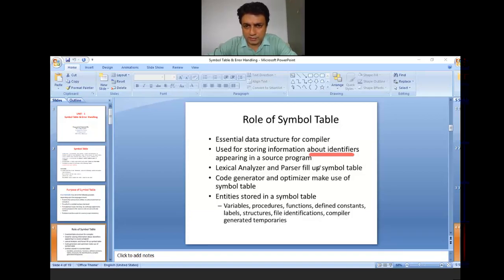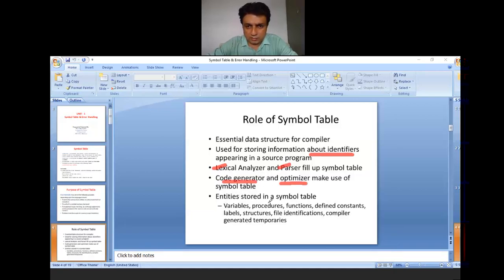So most of the entries in the symbol table are filled up in the lexical analyzer phase and the syntax analyzer phase, which is also known as the parser. The code generation and optimizer may use the symbol table. Basically, we store the entries in the lexical analyzer and the syntax analyzer phase, and we need to use those values stored in the table in the code generation and the code optimizer phase.